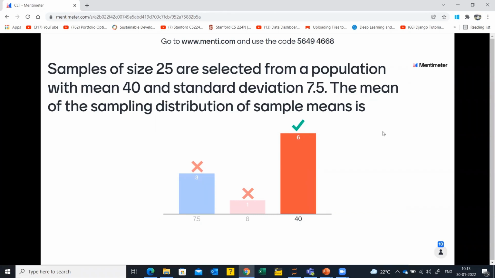Okay. Hope you all have got the gist of central limit theorem, and through these examples you were also able to understand how to calculate it, right? Any question, any doubt, please use the chat room to ask questions. Even if it is silly, don't worry. Okay, we all have been there. At least I have been there.